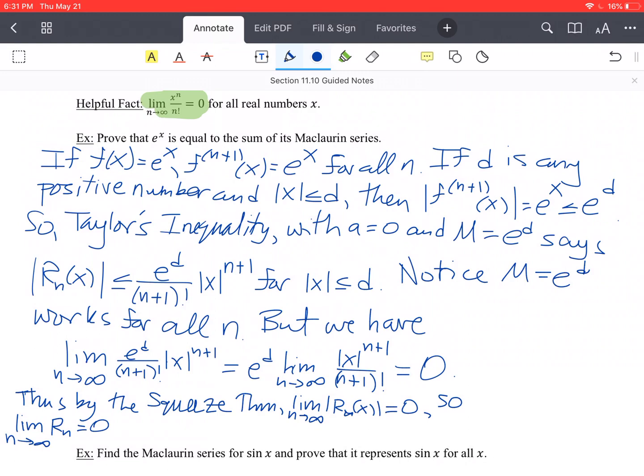Okay, and this is for all x. Okay, so since the remainder is going to 0, right, the limit is 0 on the remainder, that means the remainder is heading to nothing, which means our series is heading towards e to the x, exactly. Okay, so we can conclude,